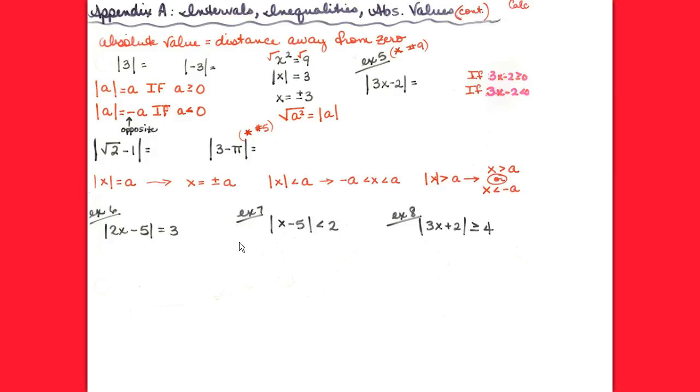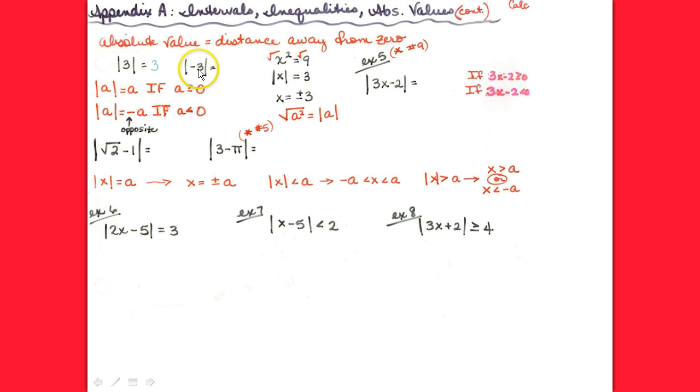All right, so bottom of page A6, absolute value. The best definition that we have for absolute value is that it is the distance that you are away from zero. So, for the longest time we've known that if you take the absolute value of 3, you